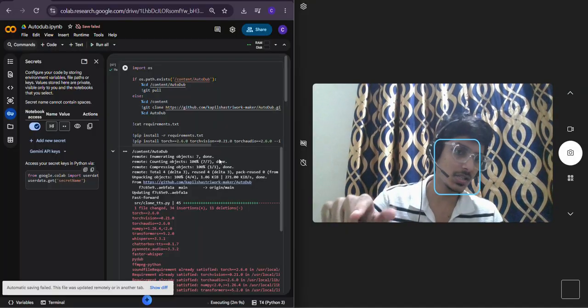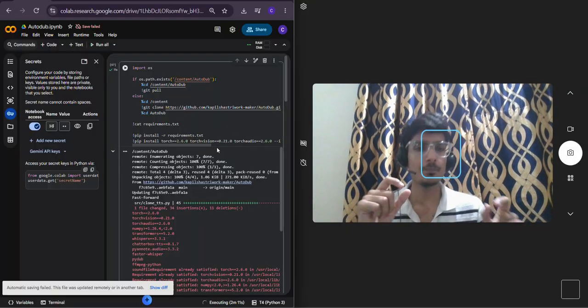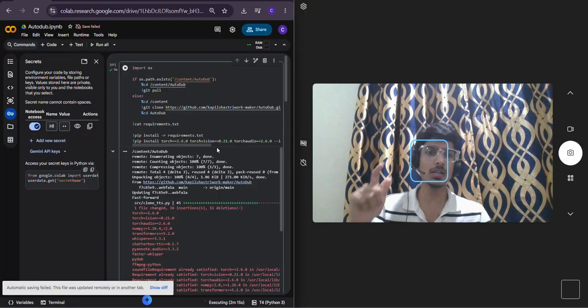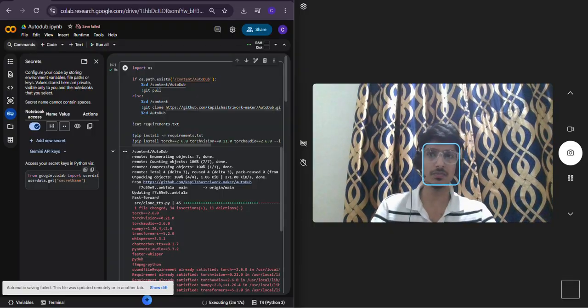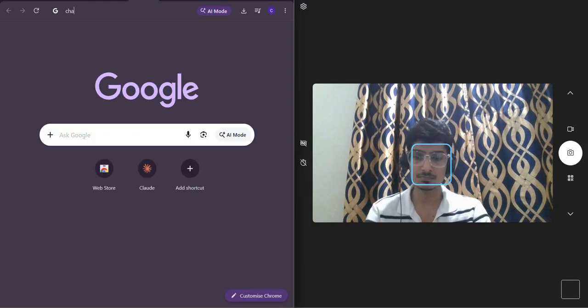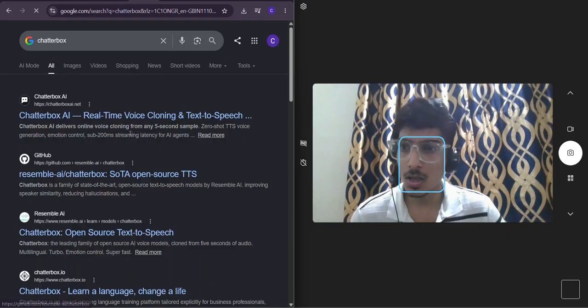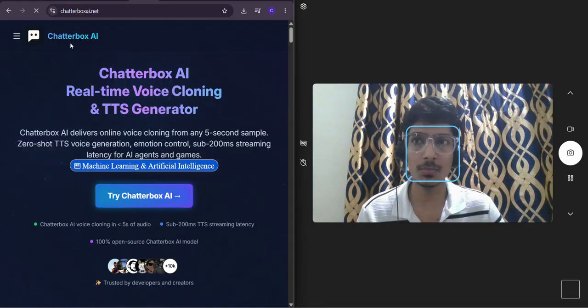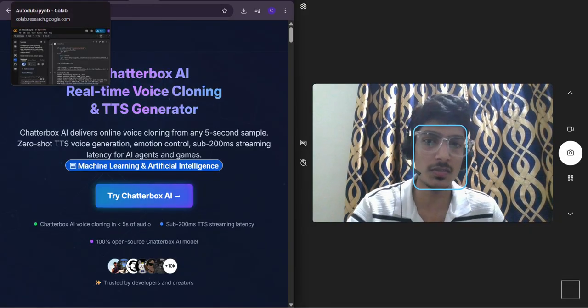But what my project does is translate the English into Hindi in the voice of that speaker using an AI voice cloning model. As of now, I am using Chatterbox. This is the open source voice model that I'm currently using to clone the voice of the speaker.